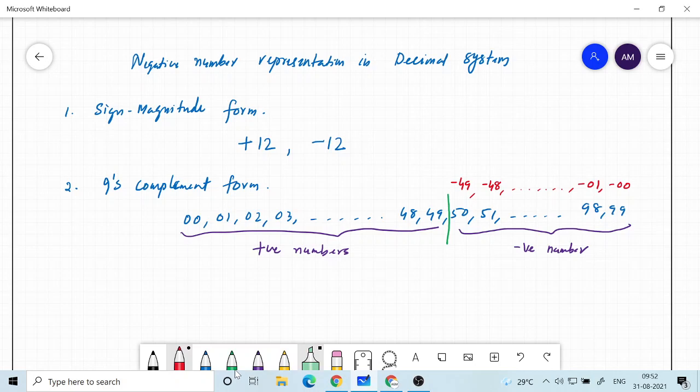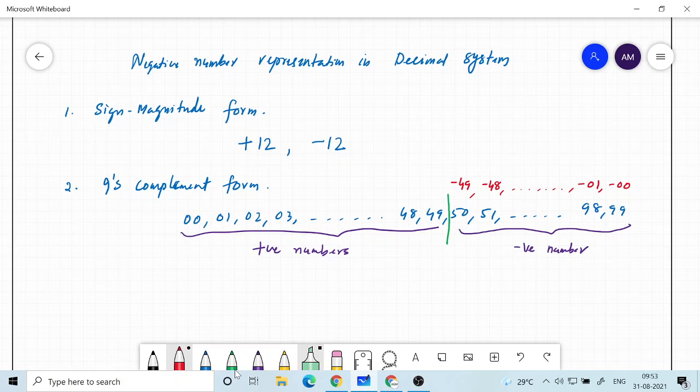So the basic idea is splitting the entire possibility into two halves, and the first half, the lower values, are dedicated to represent the positive numbers, and the second half, that is starting from 50 in this case, if it is only 2 digits. If it is 3 digits, then we know that we can go up to 999, and the first half necessarily means 499, right? And then 500 to 999 will be the second half.